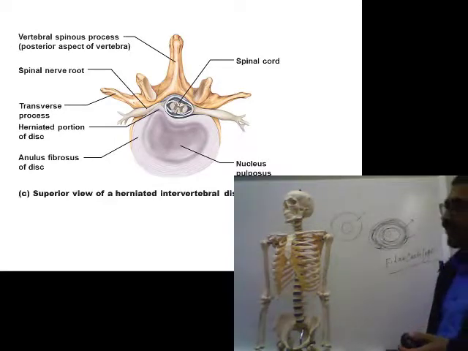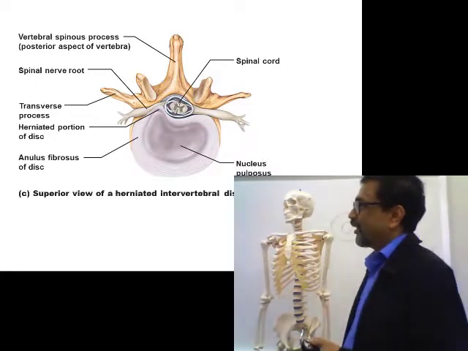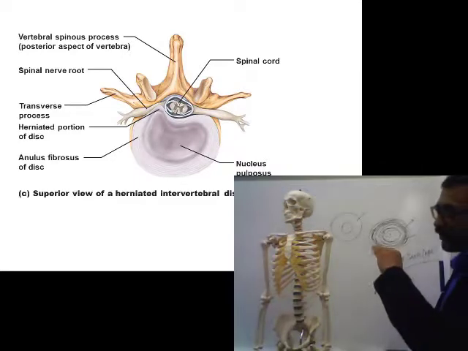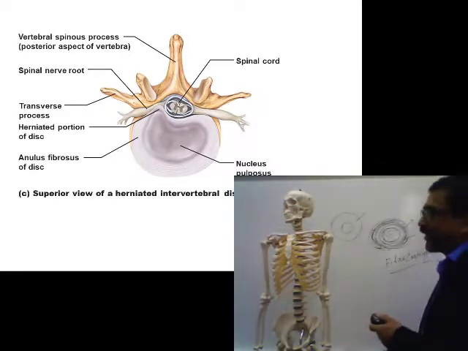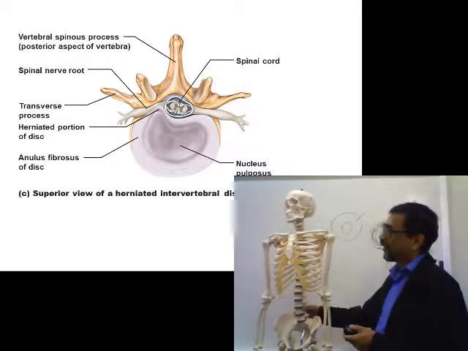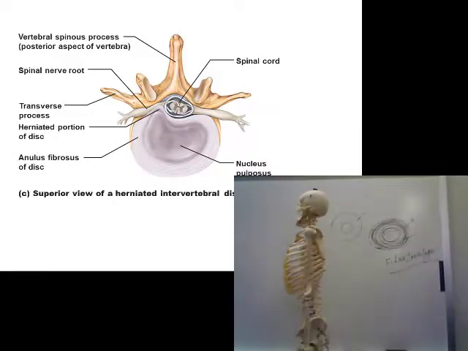Here you see a herniated disc or slipped disc. On the right side, you see it is the normal position. On the left side of the disc, you see here, it has pushed backwards. So that is the herniated part, this part. This is the normal position, should be like this, but this portion